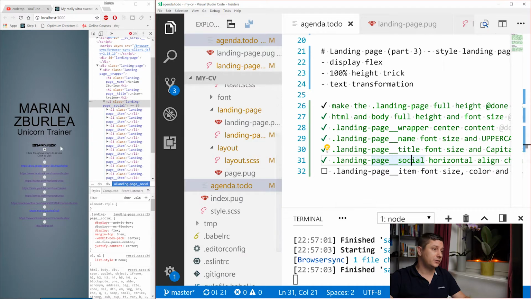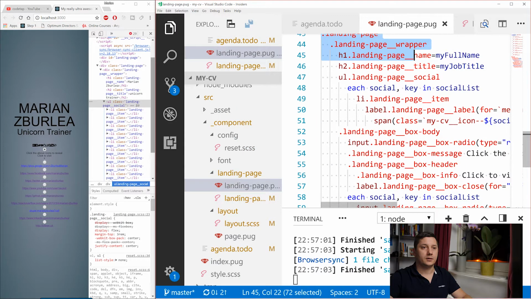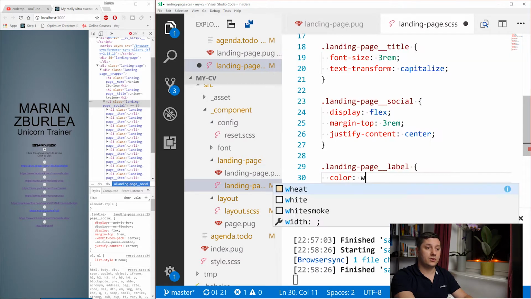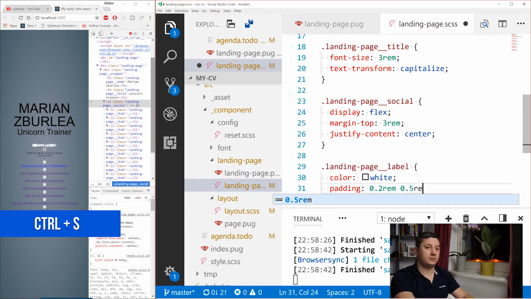Our next step is to style the landing page label, which is label. So let's do that. It's this one over here. Okay, so let's do color white and let's create some spacing, padding 0.5rem.